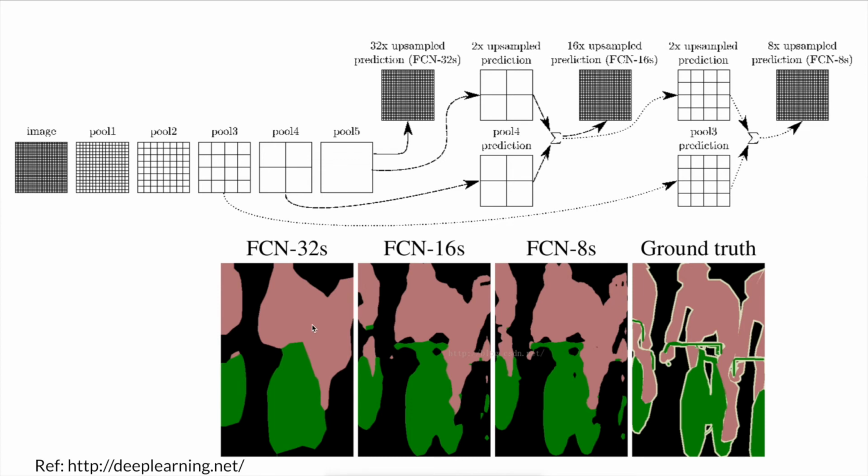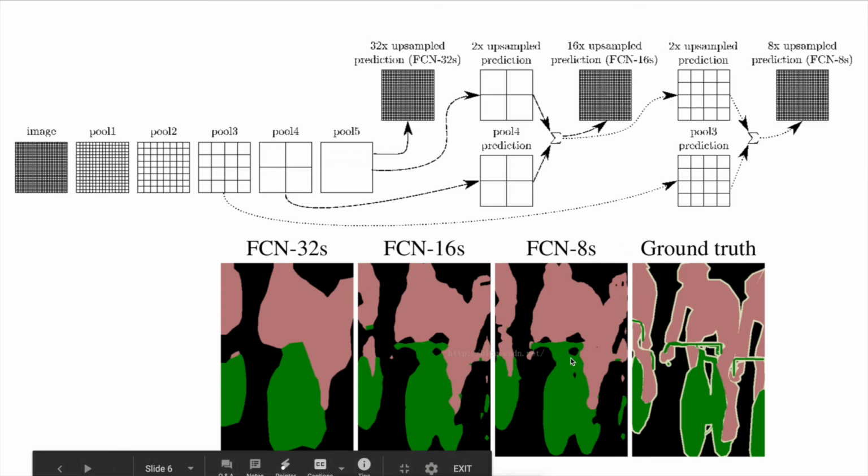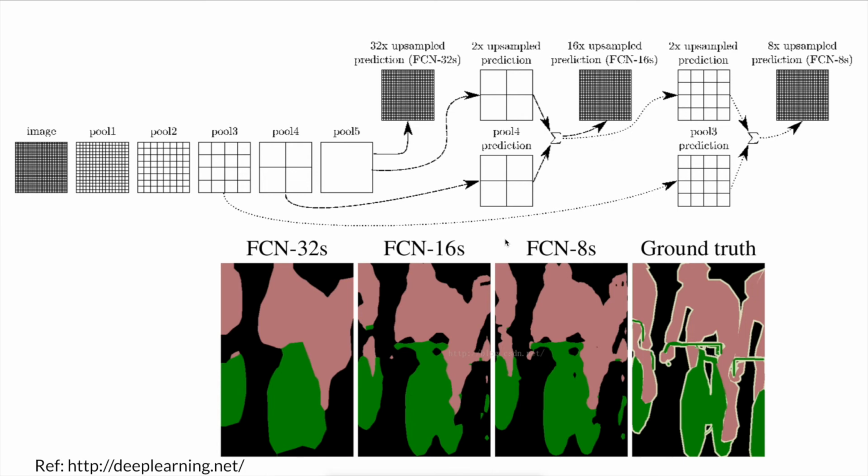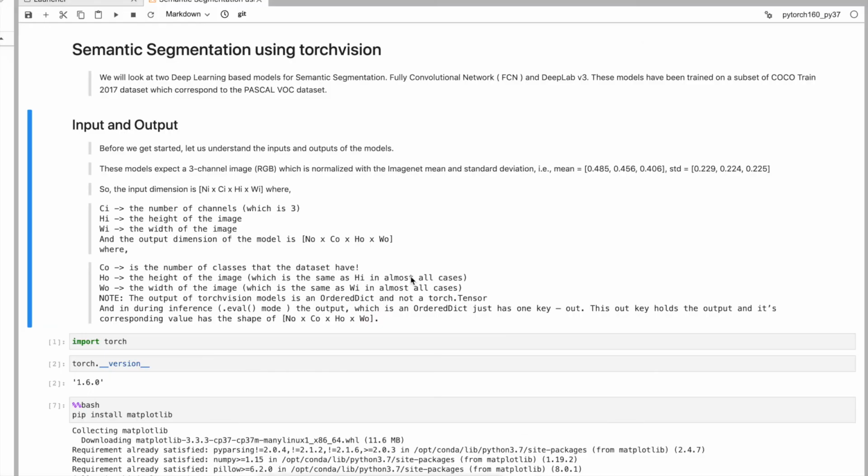In FCN 32 we are losing information, but in FCN 8 we are getting more information. But it has more complexity, because these operations are extra, so it is computationally heavy. But if our use case needs it, we have to choose that also. So this is the basic and fundamental of how FCN works and how we can build the FCN network. Any questions about it? Then I can show the demo later, the inference and coding parts.